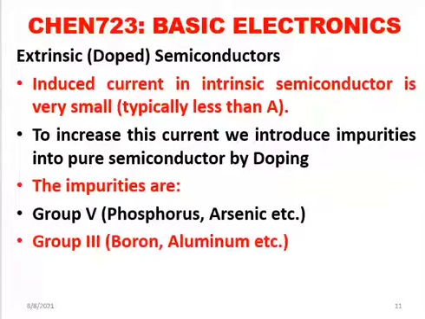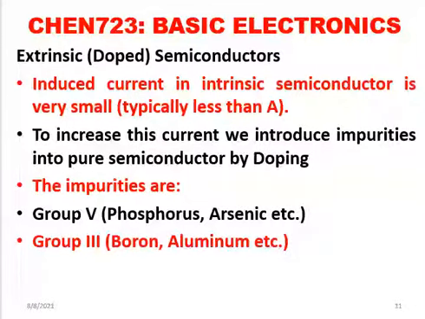So now we come up with another idea. We call it extrinsic semiconductor, or we call it doped. This word doped is obtained from the word doping, and doping is nothing but introducing a foreign material into a pure semiconductor. And as I've already said, the amount of current that is obtained is around 10 raised to the power minus 9 amperes. That is 1 over 1 billion amperes, which is very, very small, though the 10 raised to the power minus 9 is missing here mistakenly, but it is 10 raised to the power minus 9 amperes. So this current is very small.